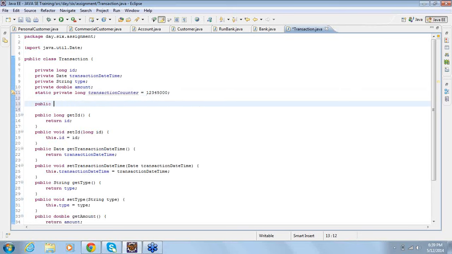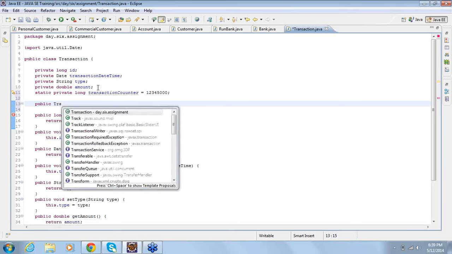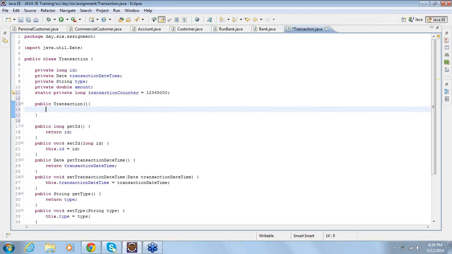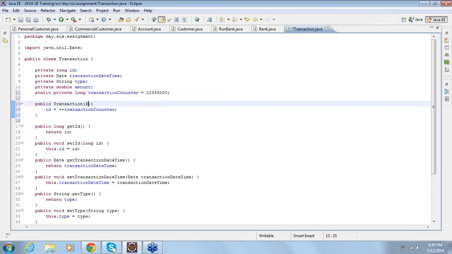Then I would go with a constructor. Here ID. Then let this constructor take some arguments. The type and the amount.